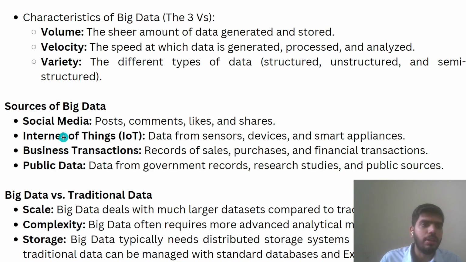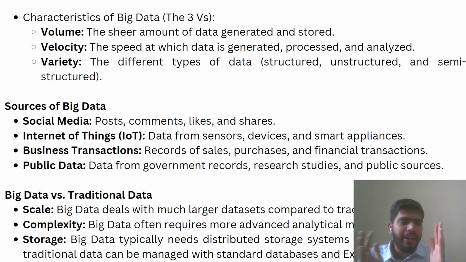Now, what are the sources? Now, you would say how the data is generated. When I'm saying that huge amount of data is generated, we are living in the age of data. Data is used for decision making. AI is based on data. How is the data generated? What are the sources? All the social media posts, comments, likes, and shares are data. What do you think? When you post, Instagram is recording that post. It has data of everyone's post. It has data of all the comments. It has all the likes and shares data.